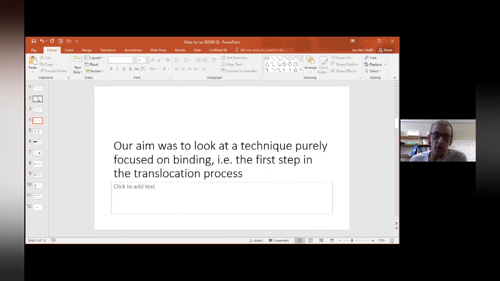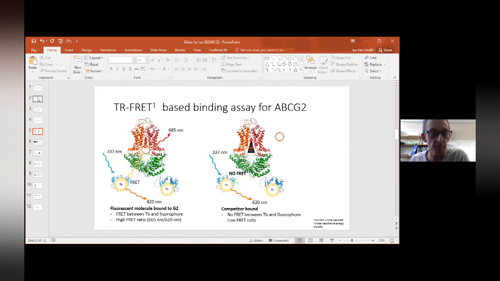So one of our aims in this grant was to see if we could develop a technique that was purely focused on the first step, translocation. In other words, could we get a technique working that looked at how drugs bind, interact with the transporter? And the assay we've been working on is a FRET-based assay, which is shown schematically on this slide. So what you're looking at on this slide,